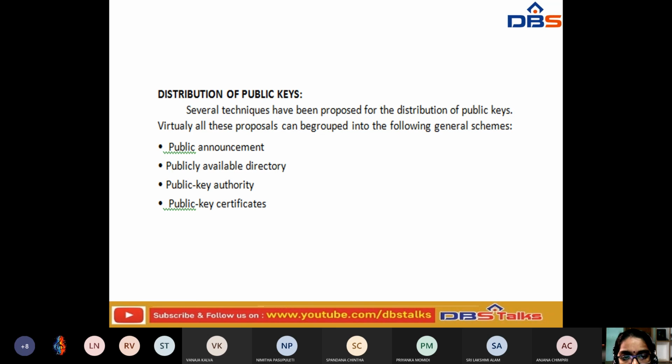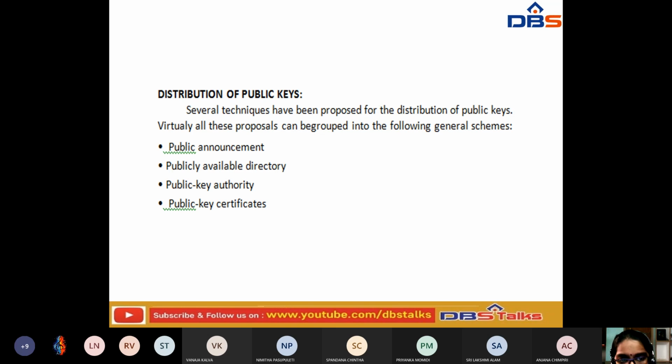So these are the several techniques that have been proposed for the distribution of public keys. All these proposals can be grouped into the following general schemes. First one is public announcement. Next one is publicly available directory.